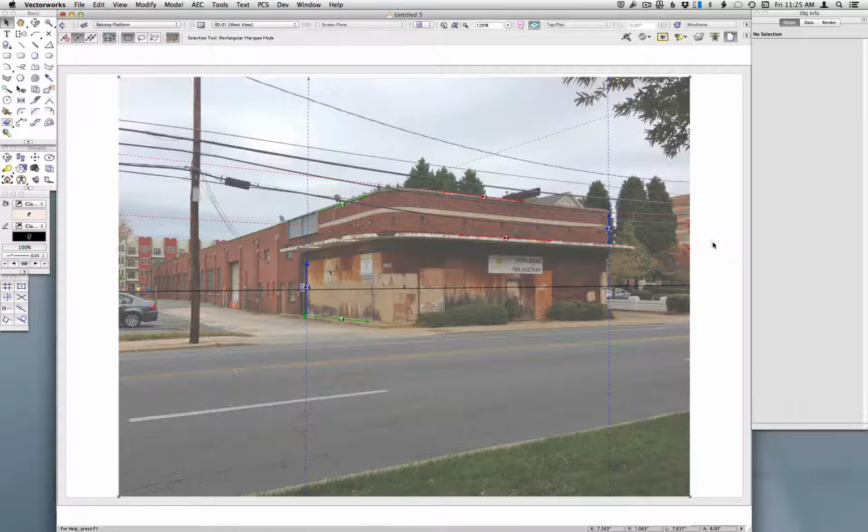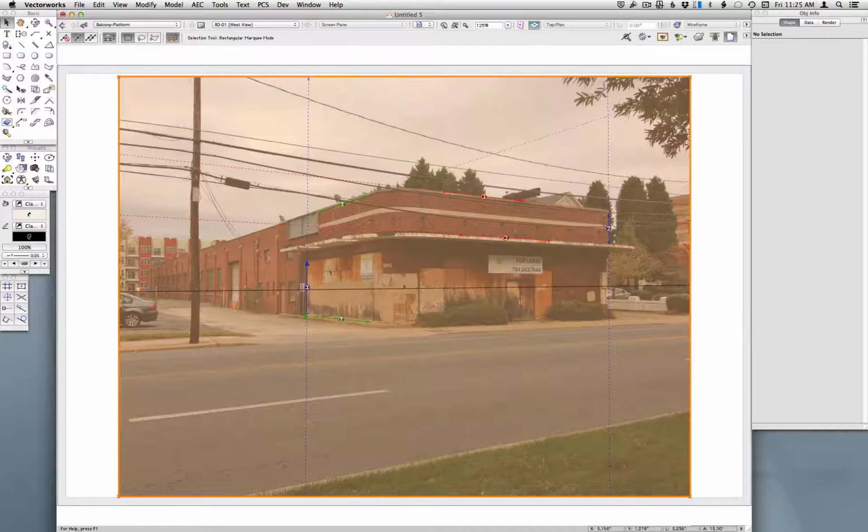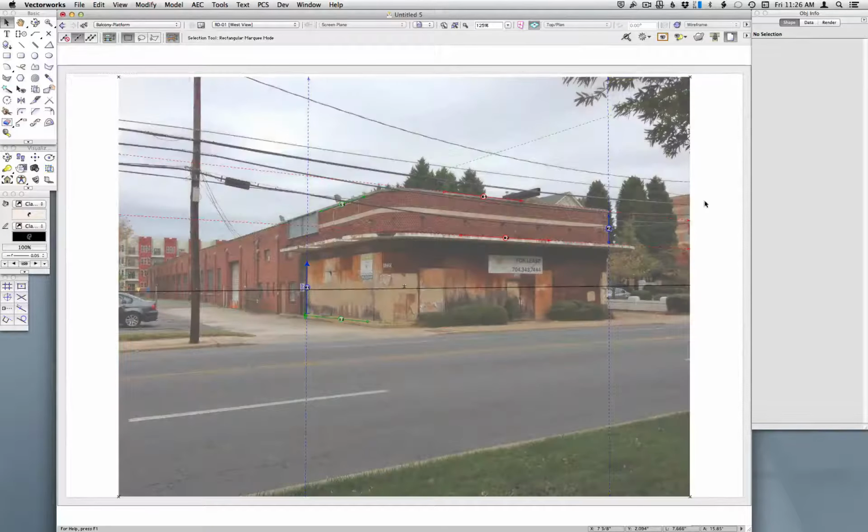One of the more troublesome views with CameraMatch is when you have a view that has a vanishing point that's so far off that the pair of control lines defining it are near parallel. In the case of this photo here, all the verticals in this photo are very close to parallel. And what happens is it becomes very difficult to place these control lines accurately enough to get the distance of that vanishing point accurate. So there is an easy fix for this situation, and I'm going to show that in